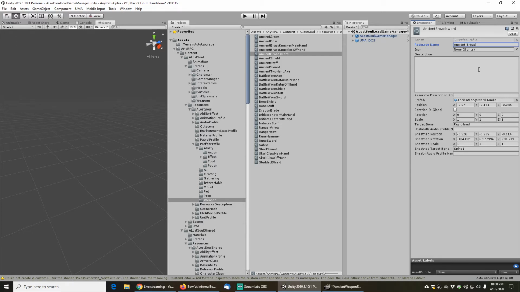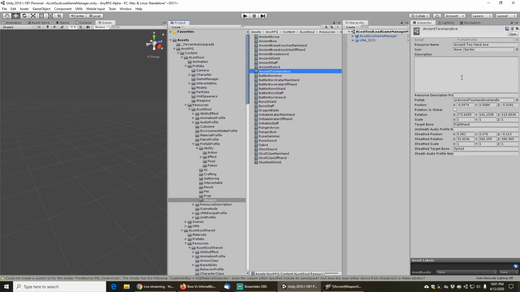Ancient Broadsword, ancient shield, ancient staff, ancient sword, ancient two-hand axe. Okay, so then now